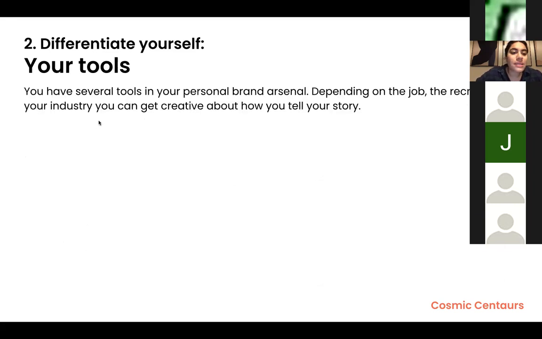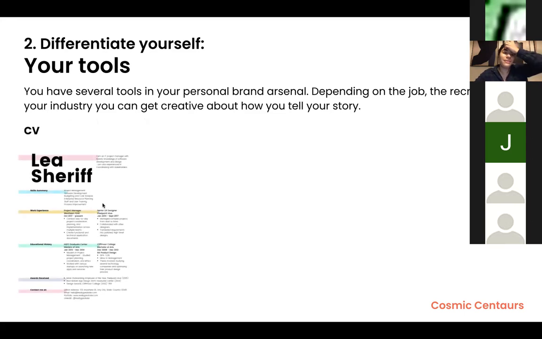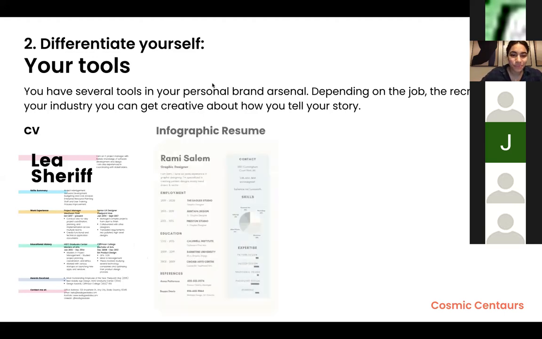So the first is your resume. Now, with your CV, I always say that I look for CVs that look different, because what does that tell me? That person went above and beyond to present themselves in such a way that made them stand out. I've seen a lot of CVs that are just a Word document, and that's great. And they're clear and they have all the information. But let's say this one for Leia, it looks different. It caught my eye. I want to read it. And a pro tip actually on Canva, which is a free tool, you have a bunch of CV templates that you can use. And so I want to suggest that to you, and we'll send you the presentation. You can kind of learn more about it.